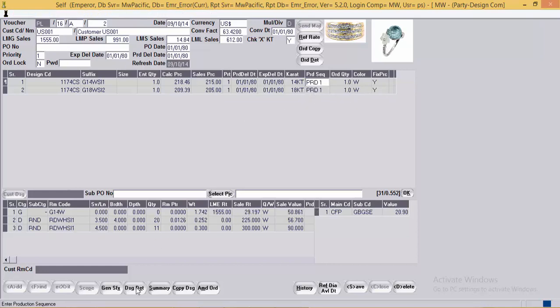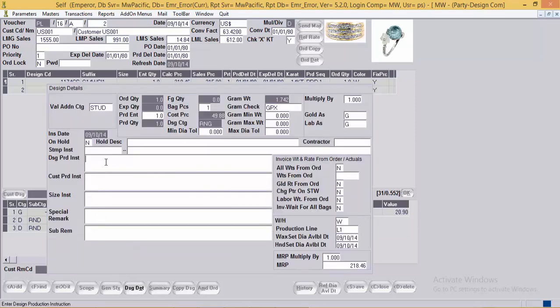If the user wants, he can mention any special instructions regarding this design or this combination. In the same way, he can enter the special instruction regarding size or any other special remark.